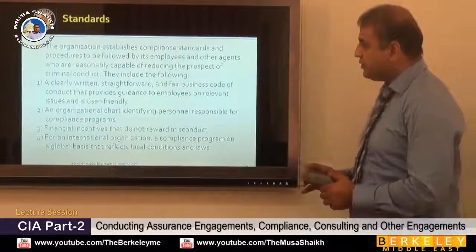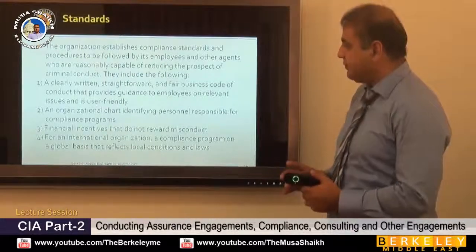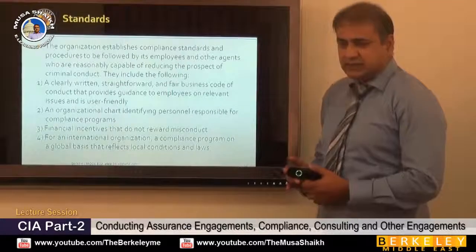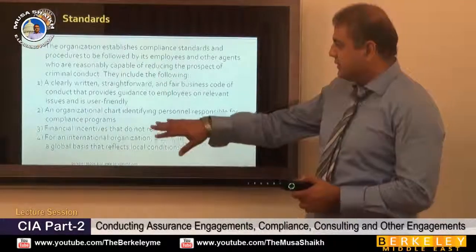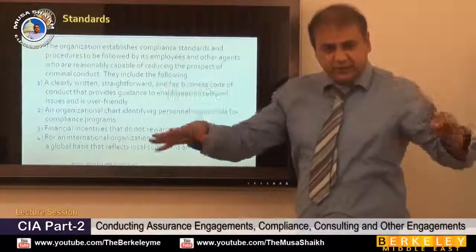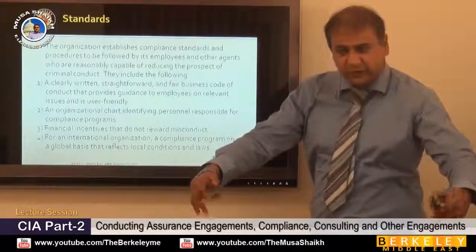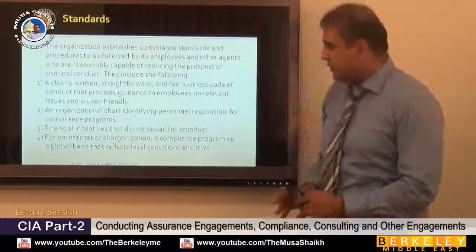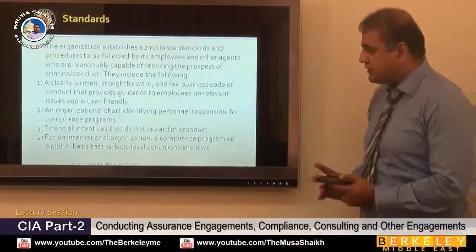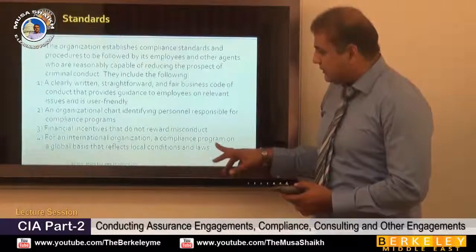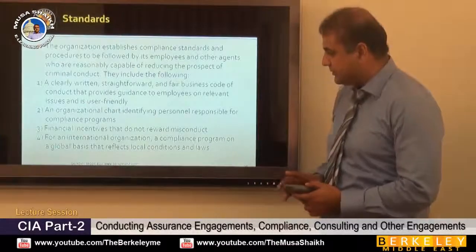Now, procedures to be followed by employees and other agents who are reasonably capable of reducing the prospect of criminal conduct. It can be a clearly written policy. It can be an organizational structure explaining you are the boss, this is your subordinate, these are the departments, how to communicate between each other. Financial incentives that do not reward misconduct, and for an international organization, a compliance program on a global basis that reflects